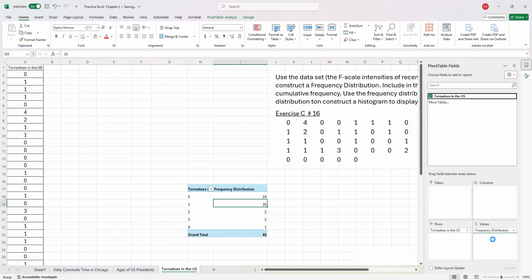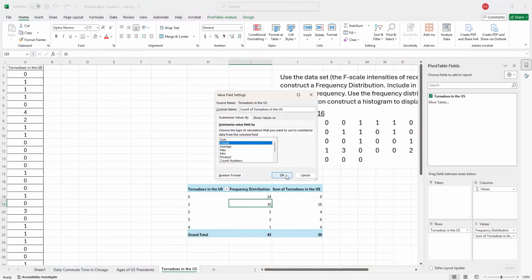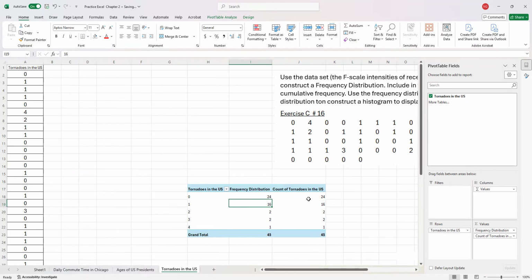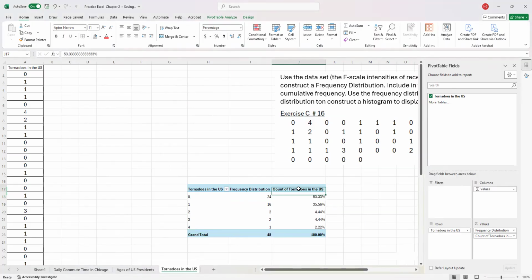Again, I bring this one down to the values, and make sure this again is count. Value field settings, count. All right. Now, again, I'm not looking for a frequency distribution. I just want to use that column for relative frequency. So what I do, right click anywhere on that column and choose percentage of column totals. Here we go. You can leave it in percentage, and also up there, we write